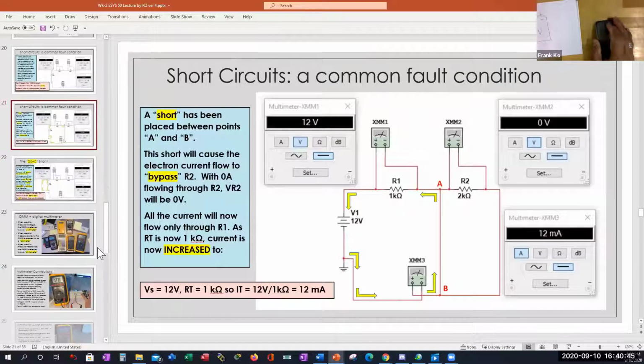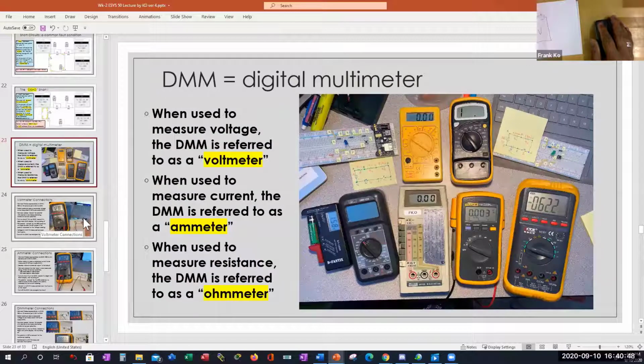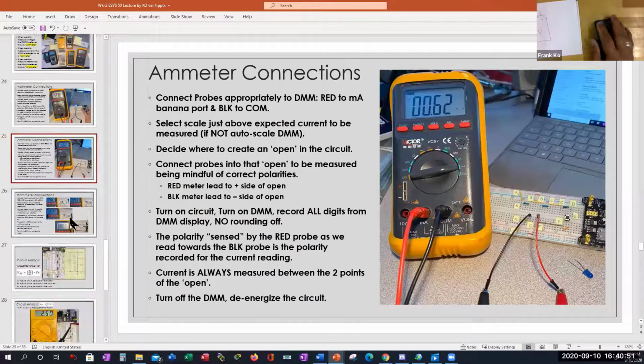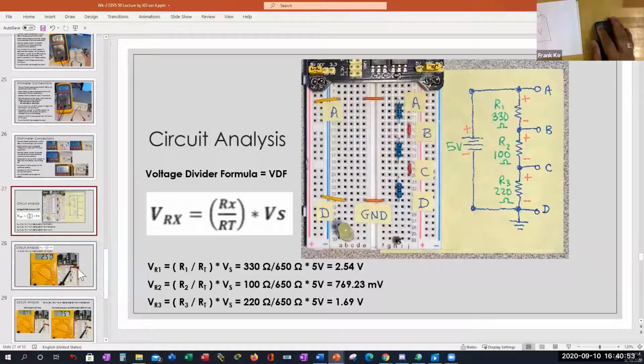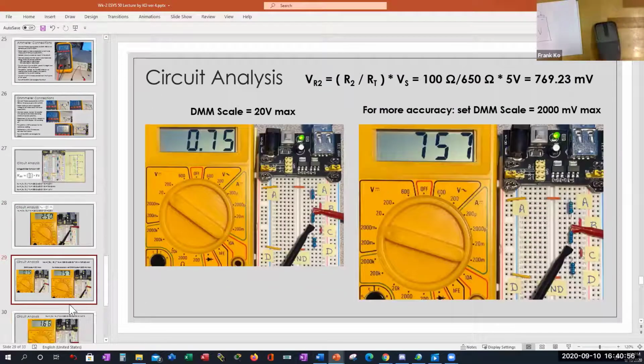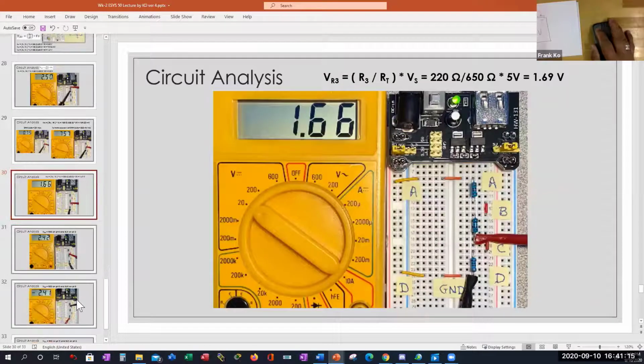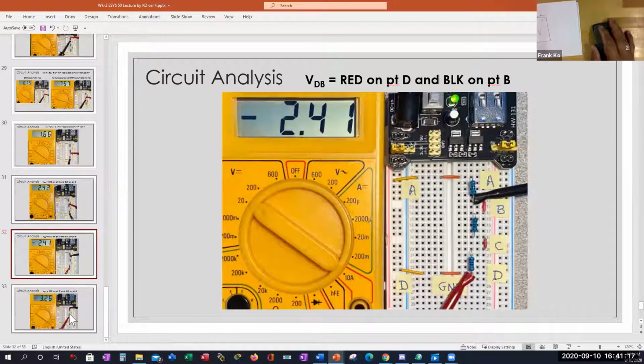And then there's, in week 2, a very brief introduction to the digital multimeters. And then there's circuit analysis, and we're measuring voltages. We do calculations and we measure voltages. And you happen to have a circuit that's very similar to this that you're going to be verifying, if you haven't already, the voltages across resistors, and then more circuit analysis and more. And especially here, this is very interesting. We have an exercise